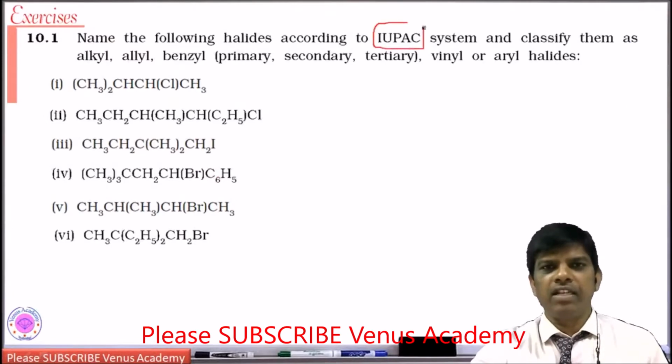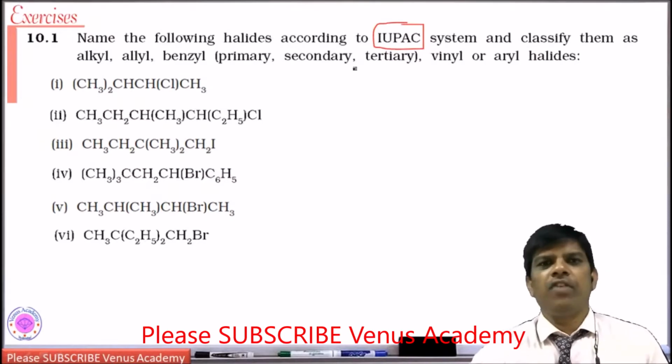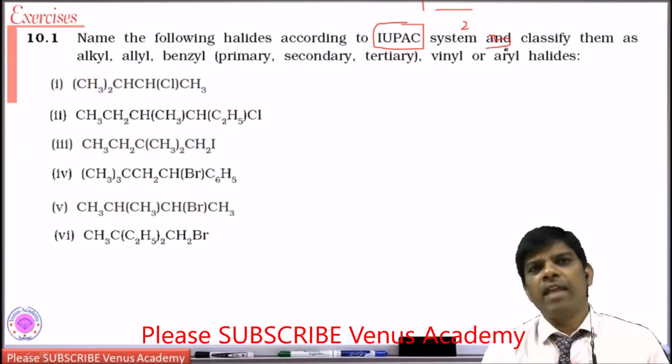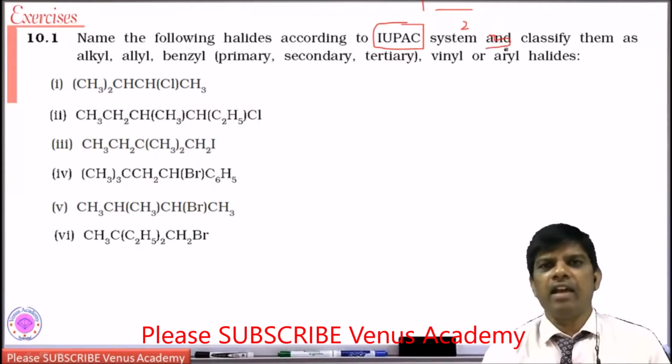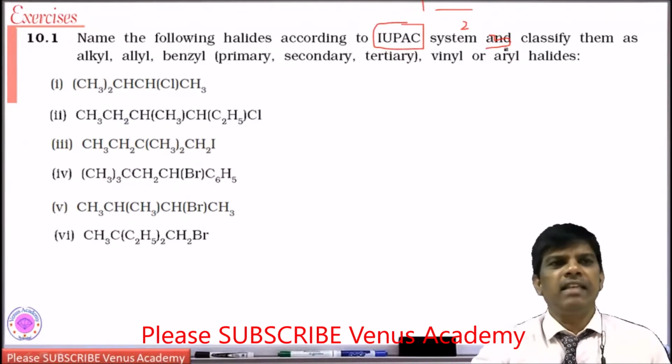Dear students, the International Union of Pure and Applied Chemistry, IUPAC, system of nomenclature follows 5 principles. Number 1, choose the longest chain. Number 2, give the alphabetical order of names. And 3, prefixes of mono, di, tri, tetra. At the same time, give the numbering to the substituent. Let us see the first example.